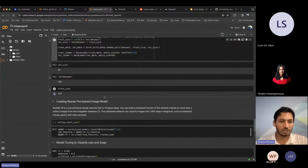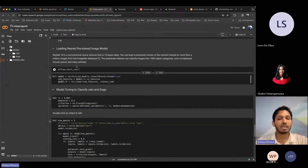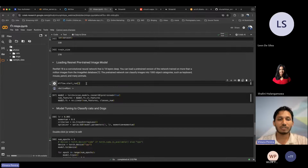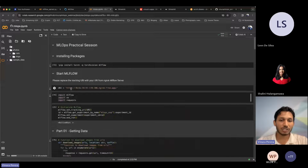Just going to quickly go through this to get into the proper MLflow stuff. So now this is where the magic happens. In order to track our model, MLflow gives a very good library. MLflow natively supports most of the libraries that we use, and we don't have to do any extra coding. We just need to use mlflow.start_run. So what this would do is create an active run to the parameters that we have mentioned